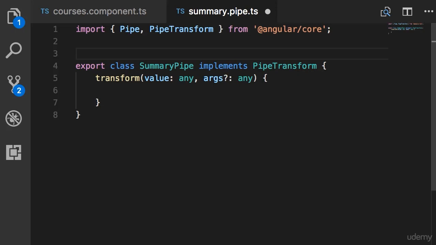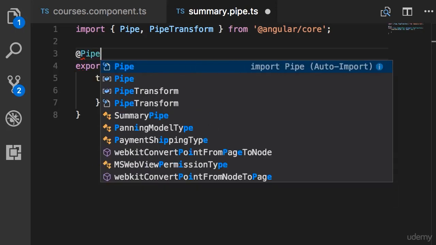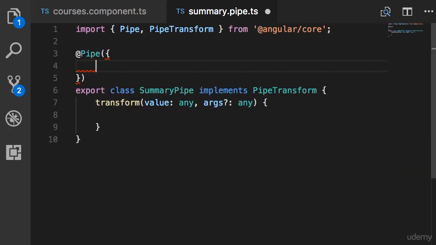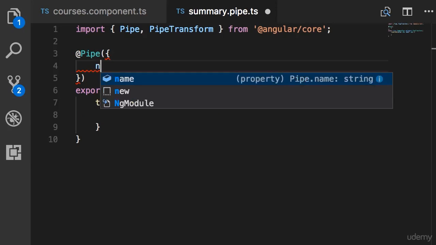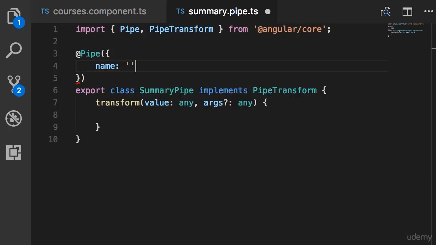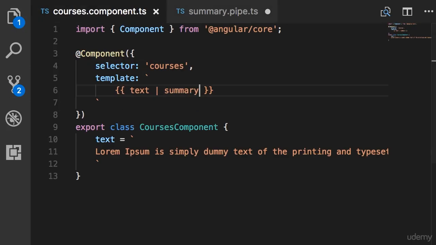Now finally, we need to apply the pipe decorator function here. We pass an object. This object should have a name property. And here we add the keyword that we want to use in our HTML markup. So I use summary here because in our markup, we use summary as the name of the pipe. Now back in our pipe class,